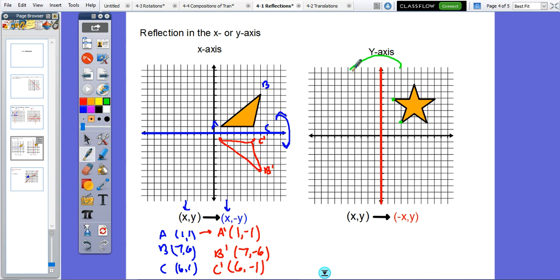So when we're going side to side, what's changing? Is it my x value or y value? It's my x value. Those are changing. So in the same manner as the x-axis, we will only negate one of them. In this case, we're negating the x value because it's going across. It doesn't go up or down, so that's why the y value stays as it is, but the x value